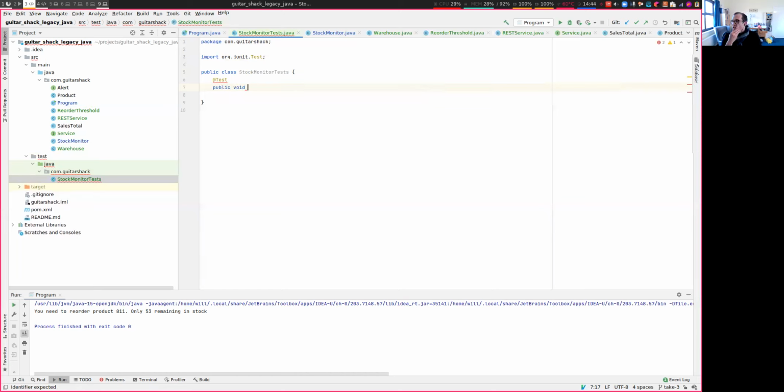So what's our first test? I suppose we want to test that when the current stock is below the reorder threshold, that the alert is sent. So yeah, that's essentially what our system test is. Okay, so when current stock is below reorder threshold,